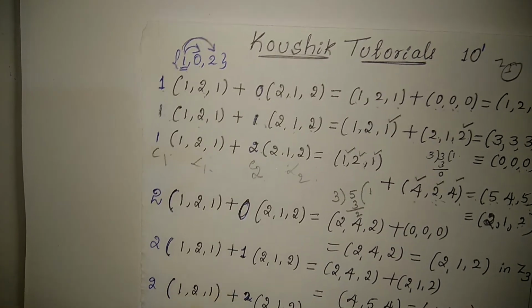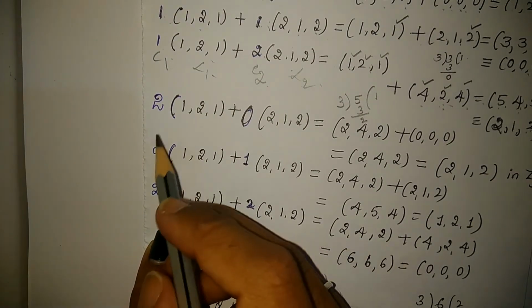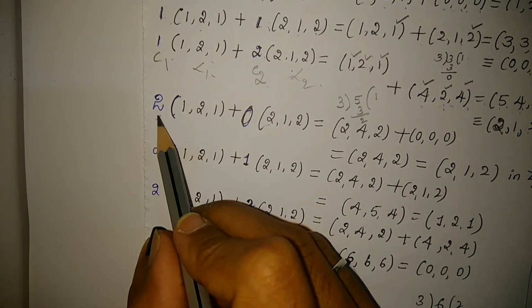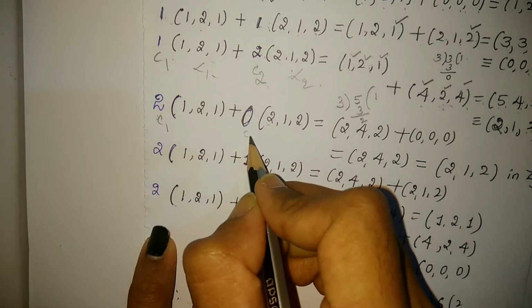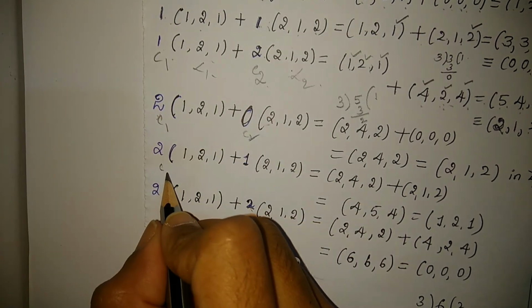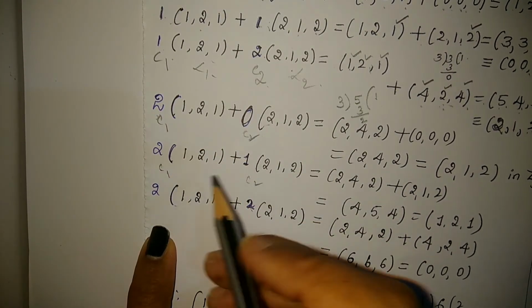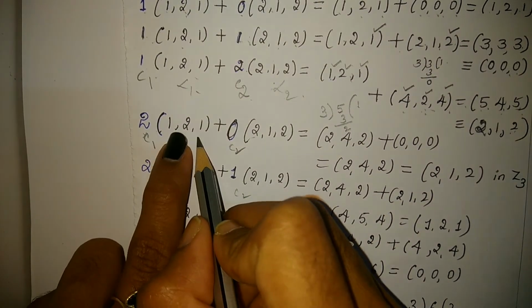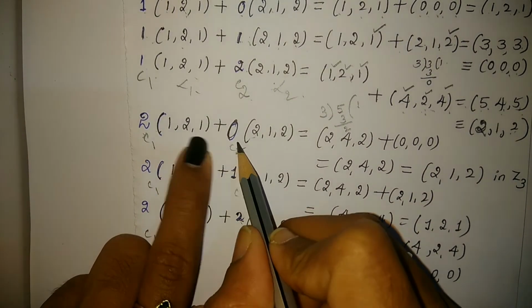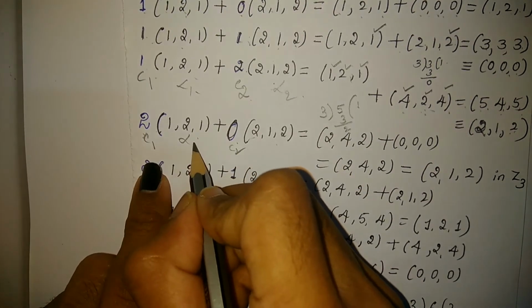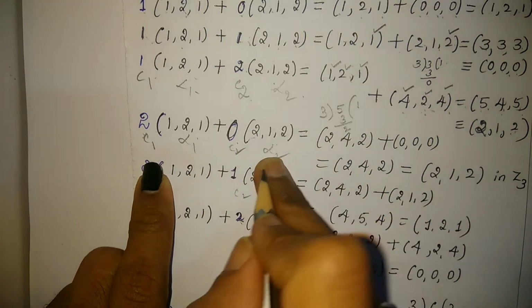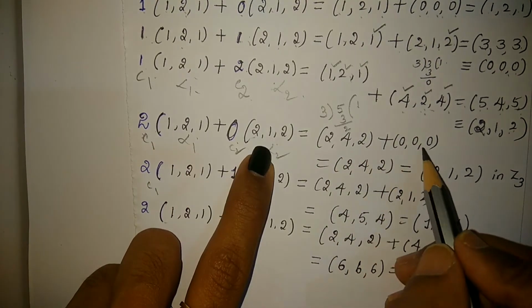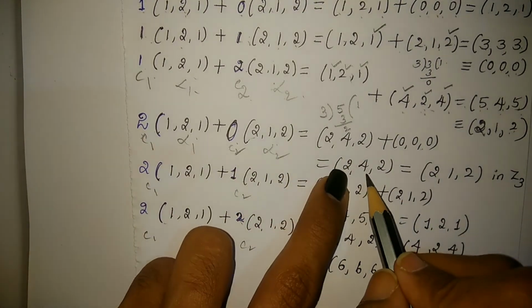Finally, next, the last element of Z3, 2. 2 with 0, 2 with 1, 2 with 2. So that is choosing C1, C2 as 2, 0. Next, C1, C2 as 2, 1. Scalars C1, C2 as 2, 2. Now 2 into alpha 1, 1 2 1, 0 into 2 1 2, alpha 2. C1 into alpha 1, C2 into alpha 2. That is the linear combination. So 2 1s are 2, 2 2s are 4, 2 1s are 2, plus 0 into anything is 0. If I add, we get 2 4 2.